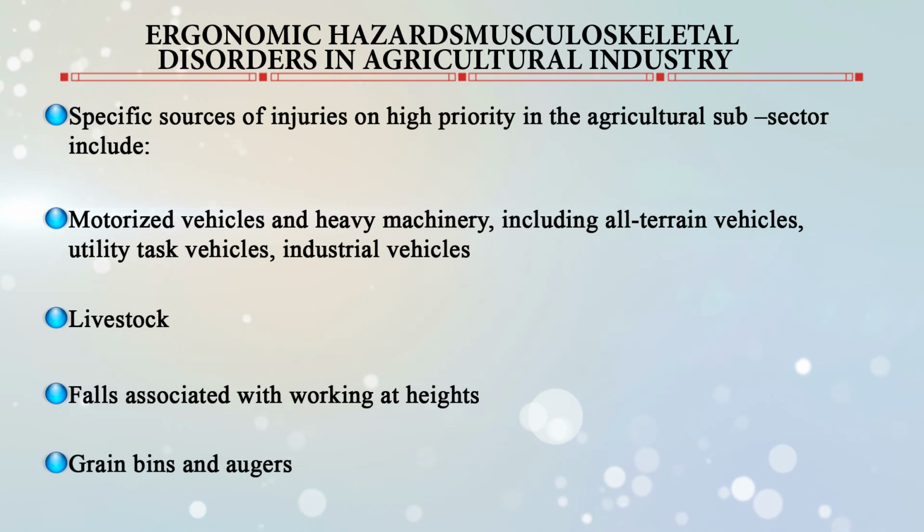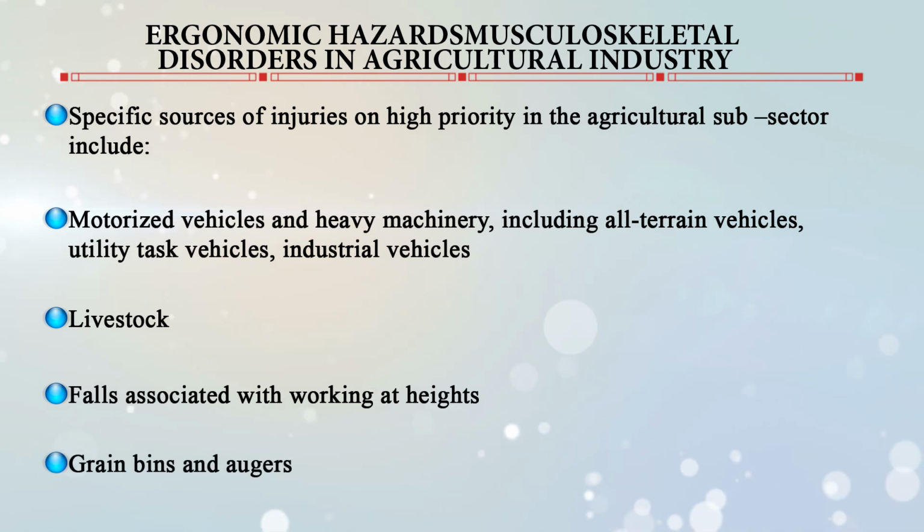Then the grain bins and augers, that can also contain certain infectious agents, and by bending and by attending to the livestock or attending to these bins, then carrying them from one place to another, all this can actually put stress onto the body. The same way the heavy machinery, sometimes the big logs of wood on the trees, they are being cut, they have to be transported and put onto the trucks and other heavy vehicles. Here again their hands, the wrist, the muscles, all that could be fatigued out,